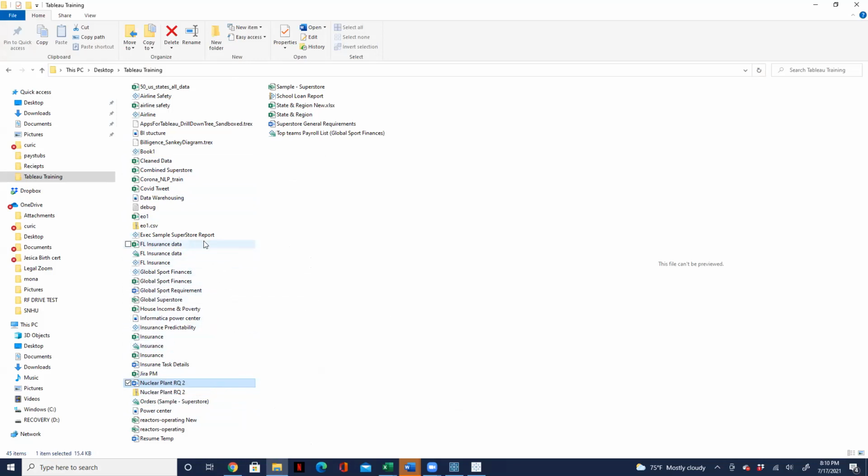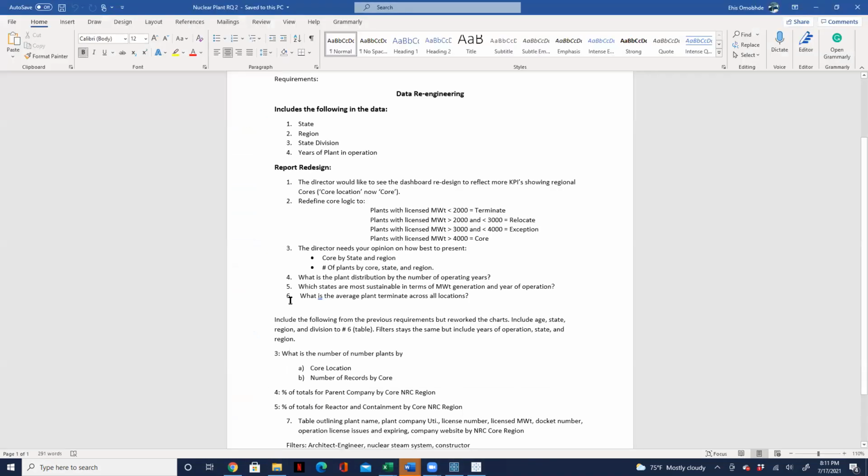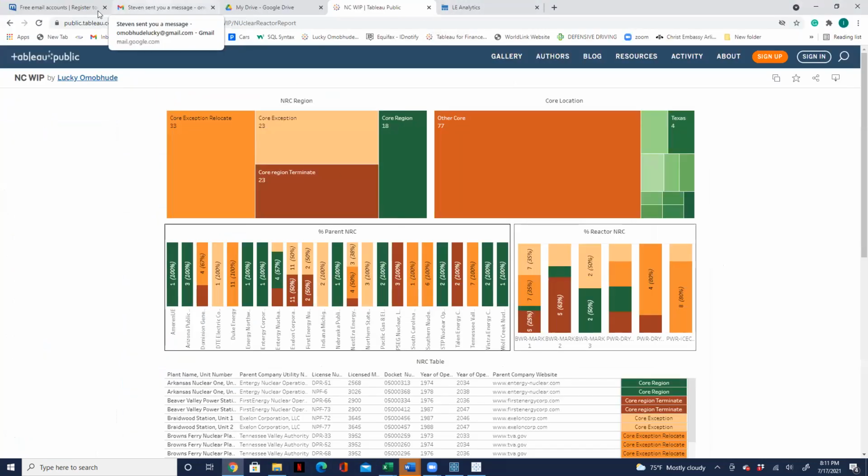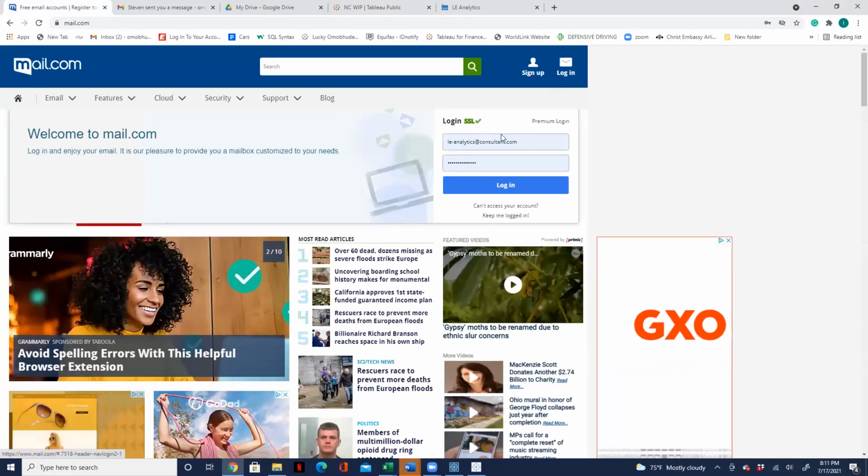So I expect us to catch that and say, okay, what is number 6? Is it referring to this number 6 here? But here it says number 6 for the same table, and this is not a table. It's not a question for a table here. So here you might want to say, okay, let me see what we did in the last one. Where is our first requirement? Do I still have it here? Superstore, global superstore. Don't tell me I deleted it. Let me pull it up on my email, the one I sent out before.